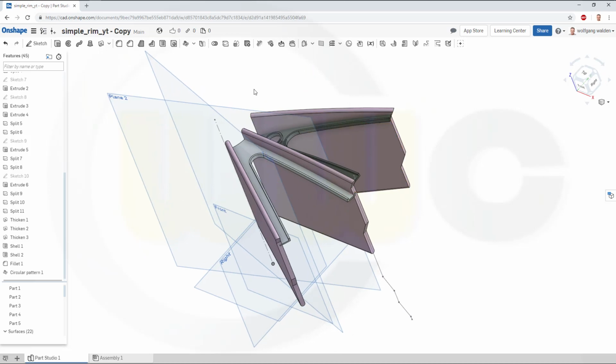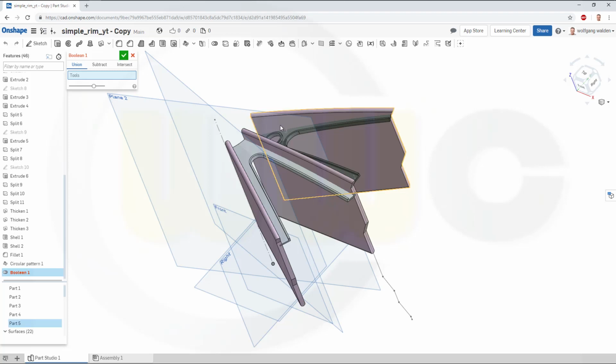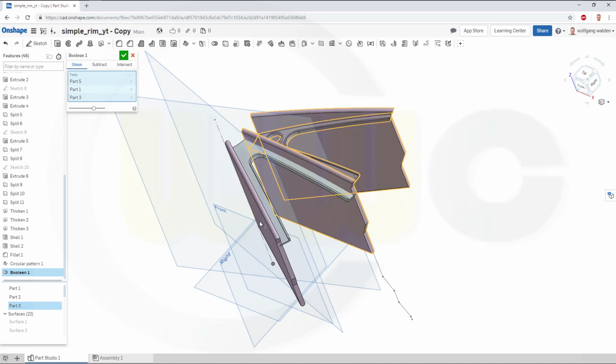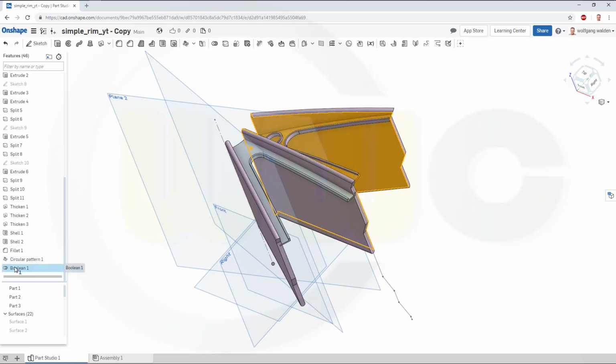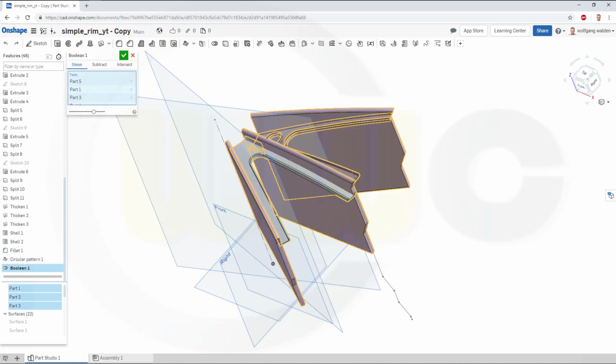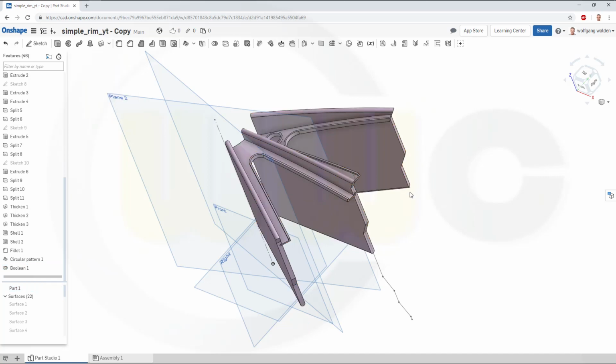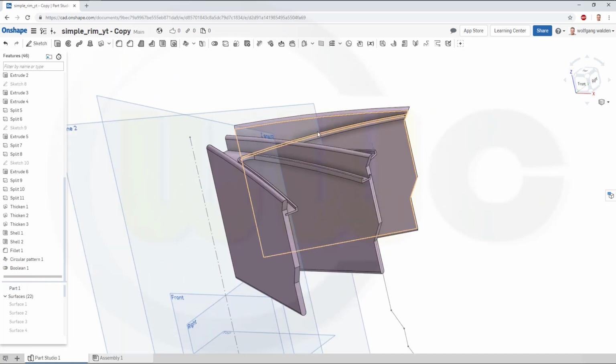Now I can combine those, so go for a Boolean union, this one, that one, this one, that one, and this one. Confirm. So I missed one, I missed this one. Okay, and now I can do